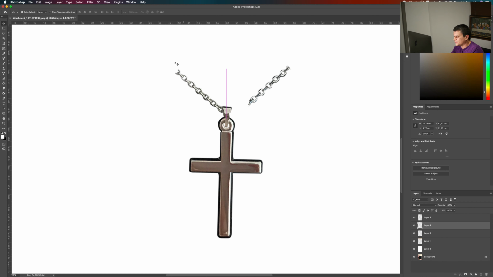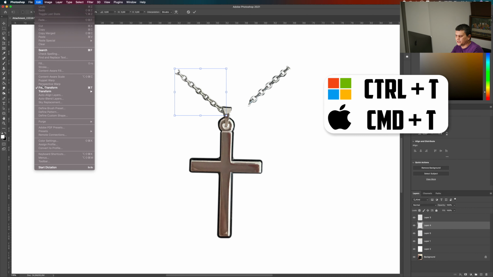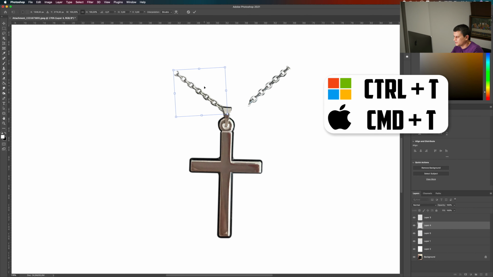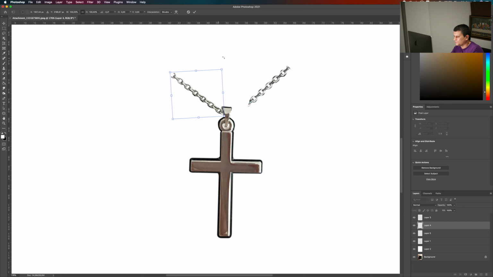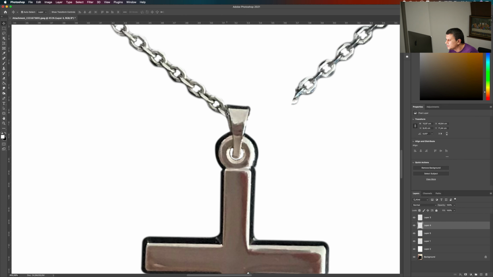Now press Command T, or Edit and then Free Transform. Let's make it like this. This fits good.